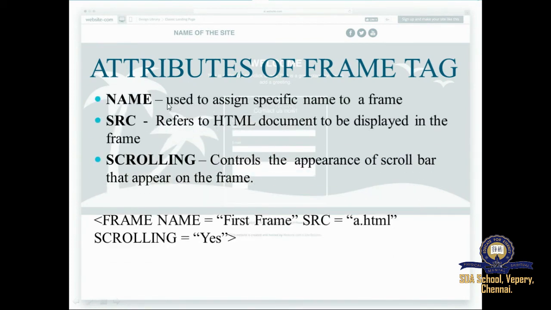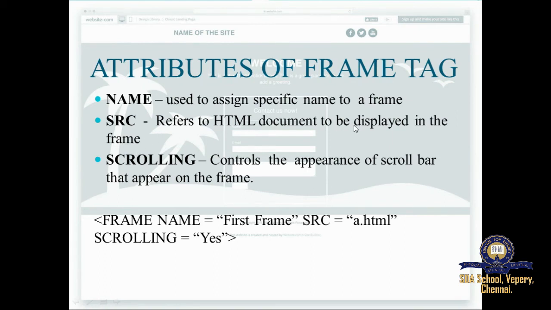That means your attributes. So first you have to specify your name. What is the name of your frame? Either first frame or sample frame, one frame. So you have to specify the frame name. And next is your source, the content that is being displayed.